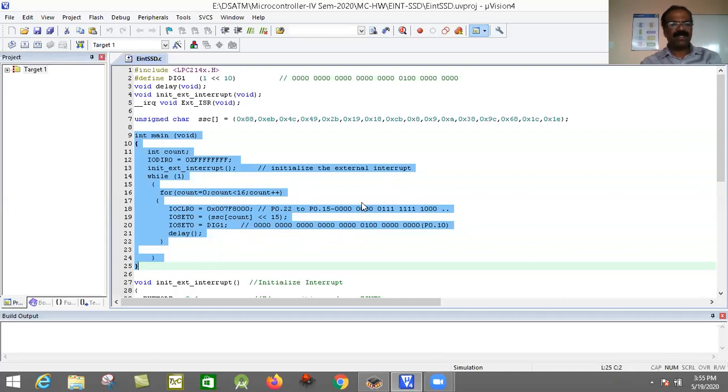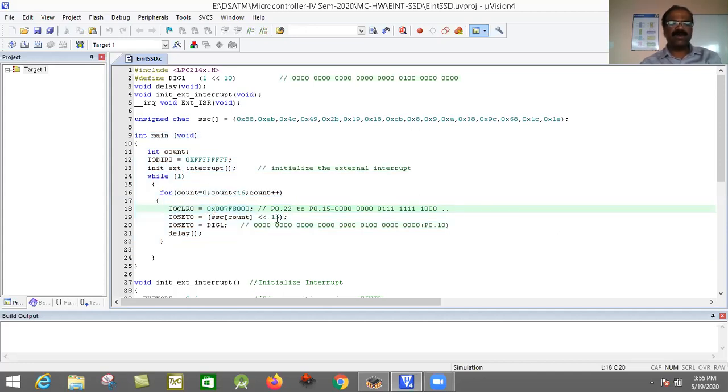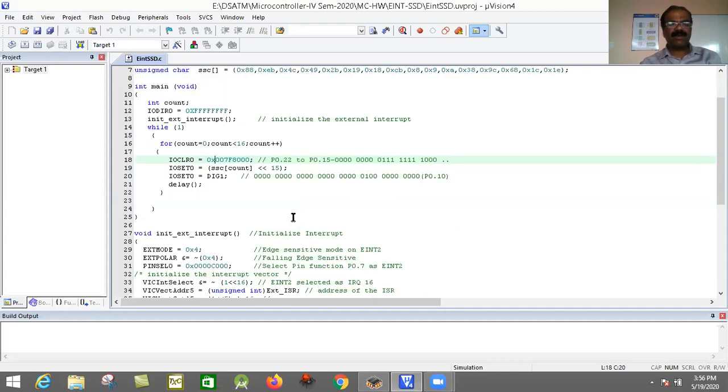This is the actual way. The program must be like this, because if you have more than one task, then only you will feel there's some effect of the interrupt. Otherwise, there's no meaning at all. Now, this is your main program. What is the job of the main program? It keeps on counting from 0 to 9 and A through F infinitely. It's a while(1), beginning of the while, end of the while. Within this while loop, we are displaying from 0 to F on the 7 segment display.